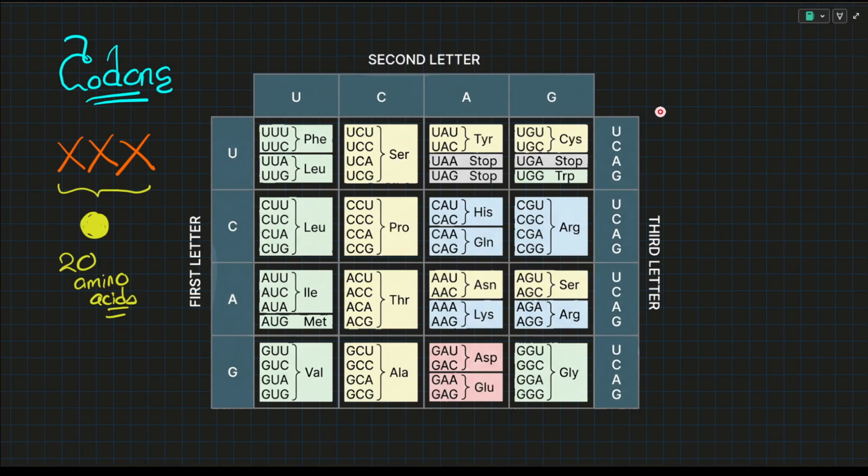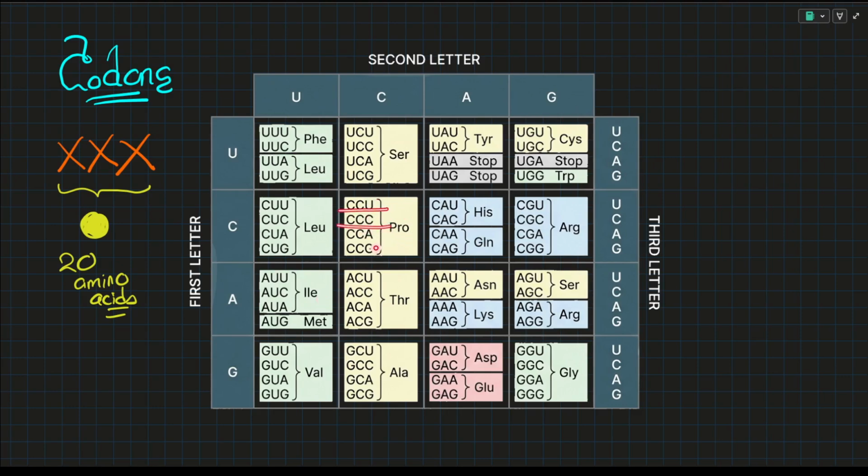If you want to just improve your answers in the essay format, you can just remember 1 or 2. Maybe you just remember that CCU codes for proline, something like that, just 1 or 2 bits you remember, and that would give you an upper hand when it comes to answering and pleasing your dear examiner. That's just a tip I would like to give, but it's not necessary at all. Now see, the amino acid proline is coded for by 1, 2, 3, 4 different codons. If you have a CCU, it's going to be proline.